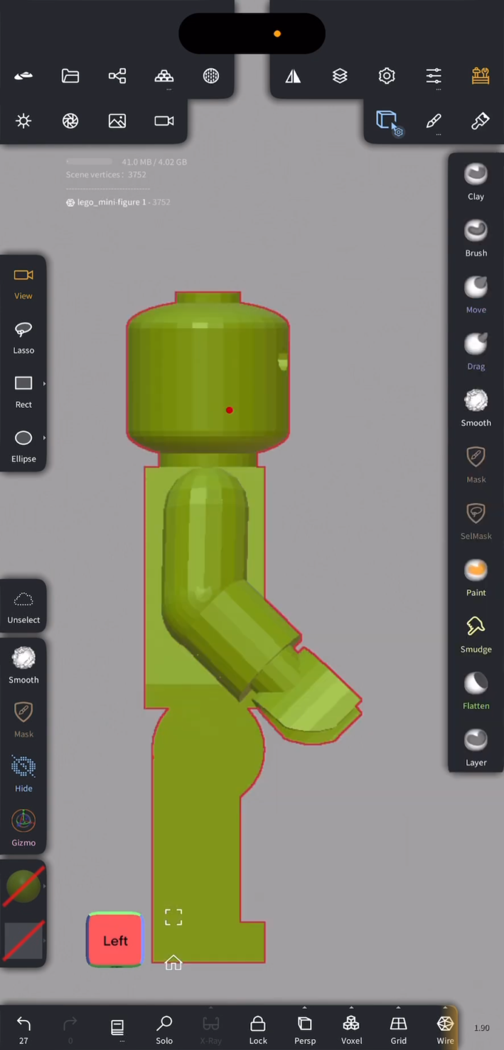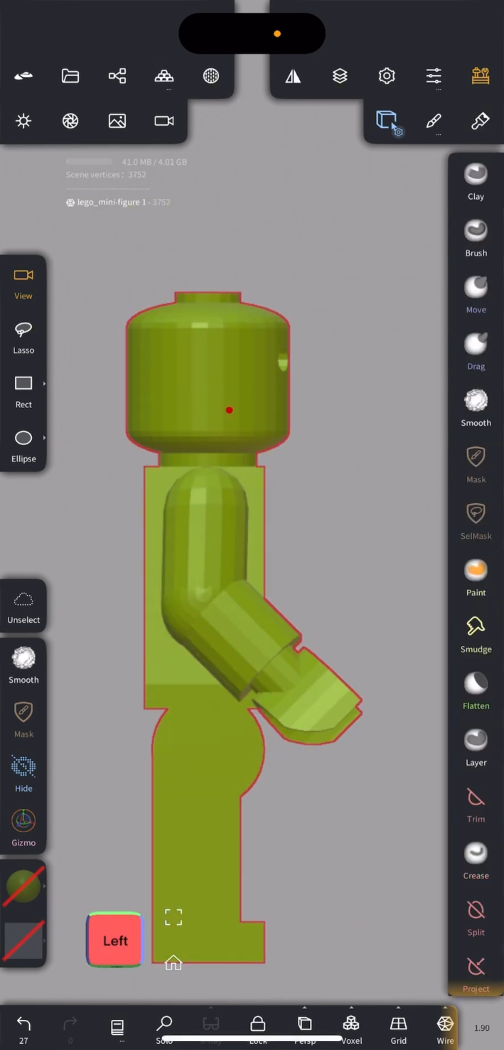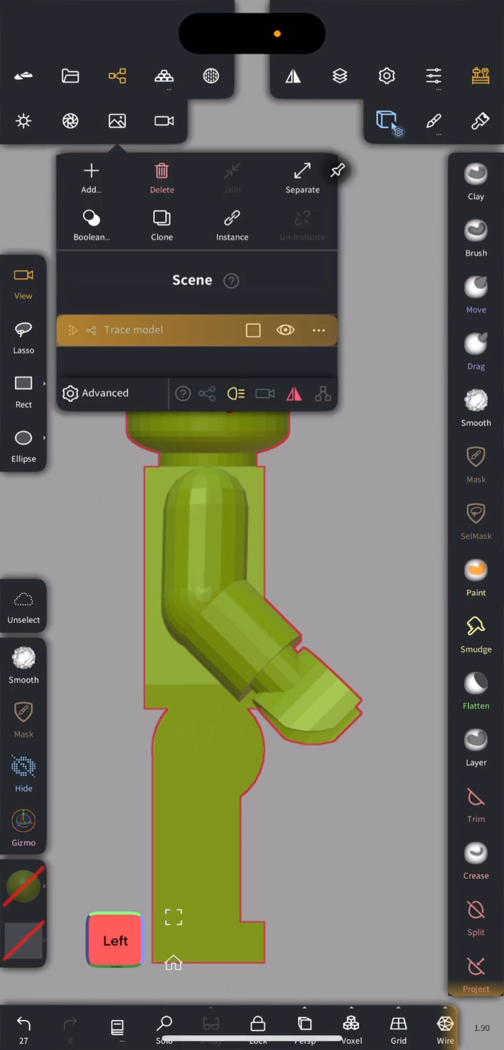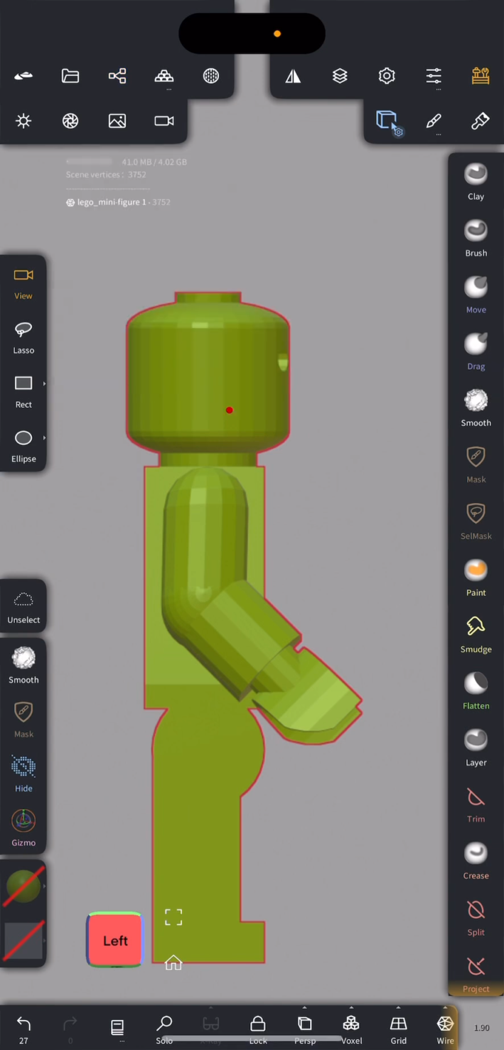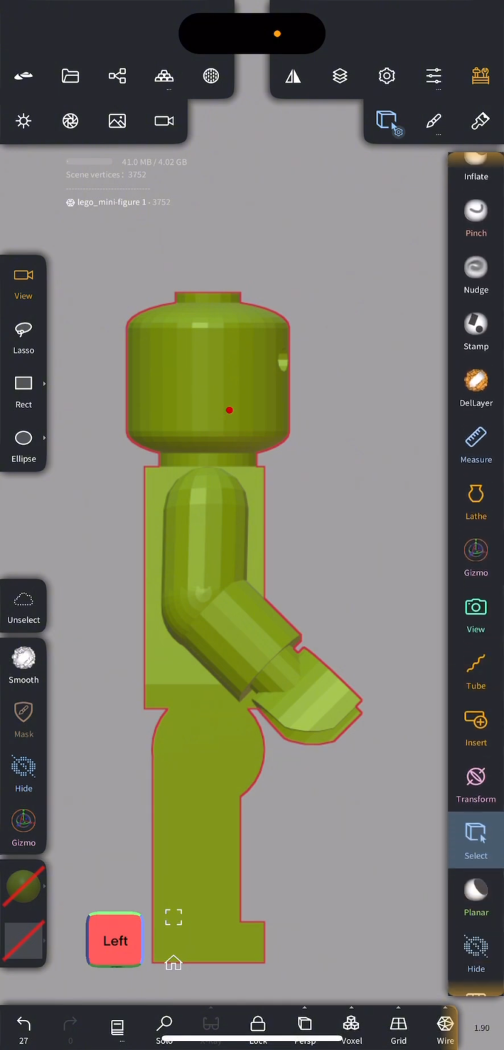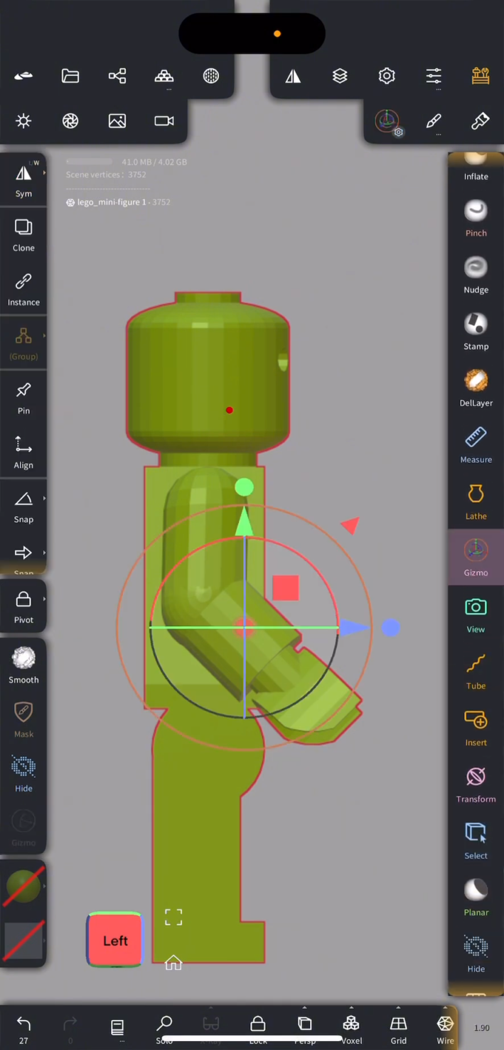Okay, so when I tap on the figure, you can see it all highlights, so it's all just one piece, and that's just the way it was from Thingiverse. It's an STL file. So what I'm going to do is I've gone to my scenes. I'm going to actually press my gizmo button,